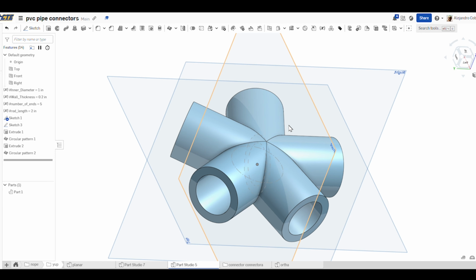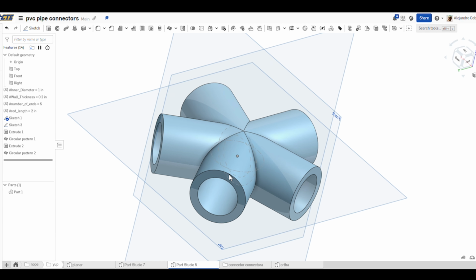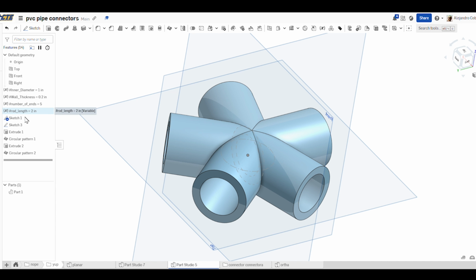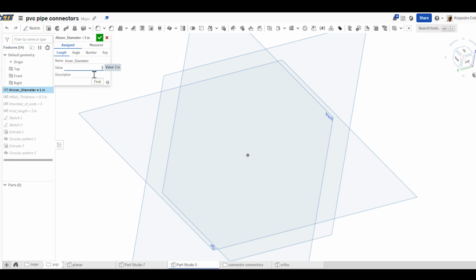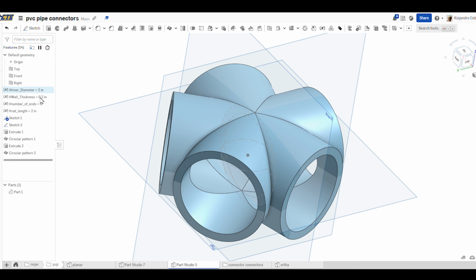Hey, welcome back. So for this video, we're going to go ahead and make this PVC pipe connector with these 4 variables, 2 sketches, some extrusions, and circular patterns. By the end of this, you should be able to edit this variable here to immediately change the length of your device or the diameter, the length of your rods,